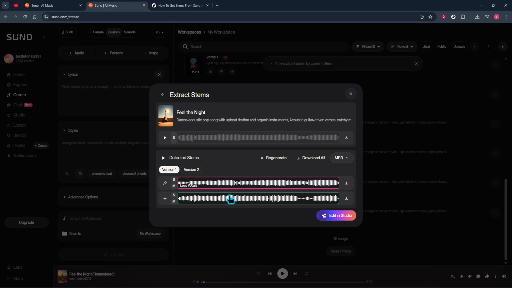Next, choose how you want to download. If you're prioritizing small file size and quick sharing, select MP3. For highest quality and more headroom in mixing, go with WAV audio. If you're planning to line things up precisely in a DAW, pick WAV Tempo Locked. That option is designed to stay in sync with your project's tempo grid, which can save time when arranging or